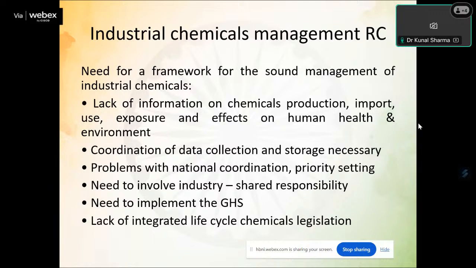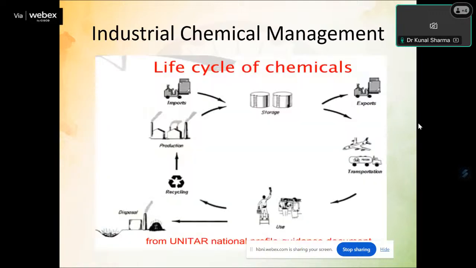So all these things are required for a framework. Information is there, coordination of data collection. These are the issues which we face. How to share responsibility, how to implement the GHS, how to integrate life cycle chemical legislation. So Rotterdam helps the stakeholders to prioritize and ascertain that okay, these guidelines can be used to properly utilize the chemicals. This is basically the life cycle of chemicals, if you can see this figure,